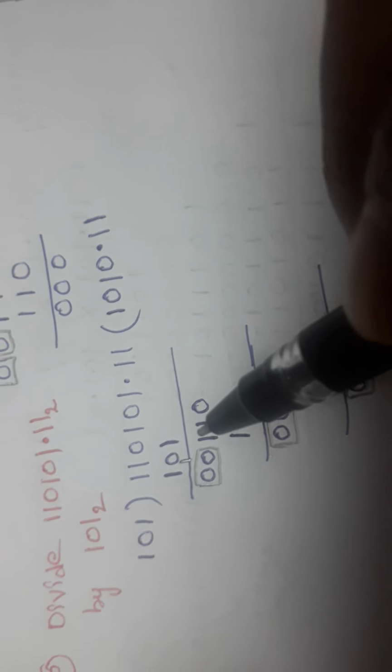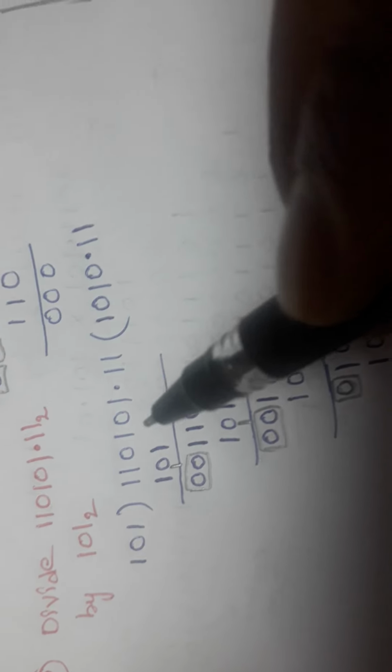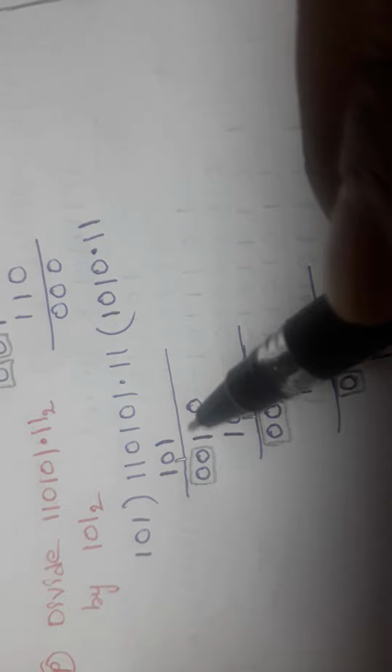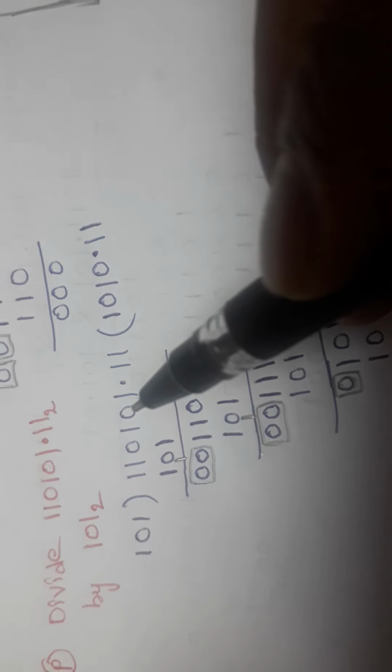Now if you observe that only one bit is there, I am going to pull down the next bit, then it becomes 11, which is 3. Okay, then it is possible to pull down another bit. Why? Because if you pull down this bit, it becomes 110, which is 6. Is it clear? Okay, 5 can divide 6. Is it clear? Therefore, I am going to take an extra bit here.